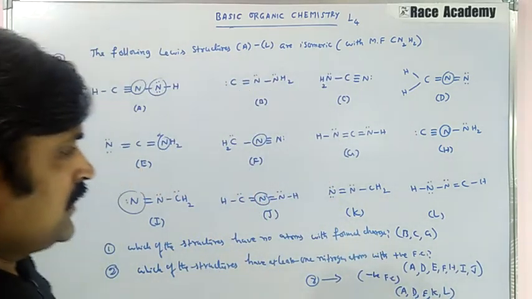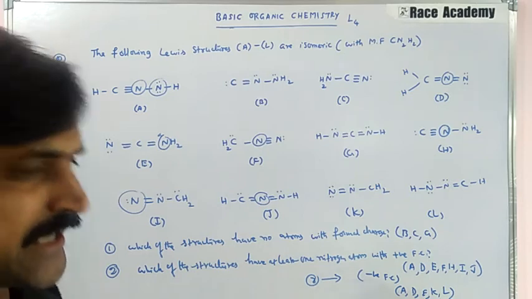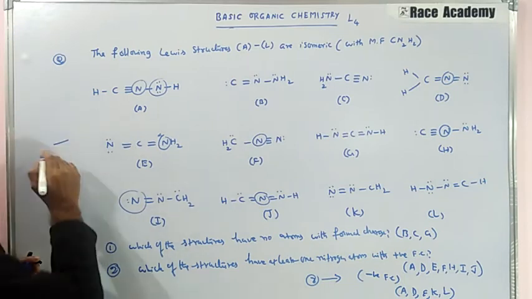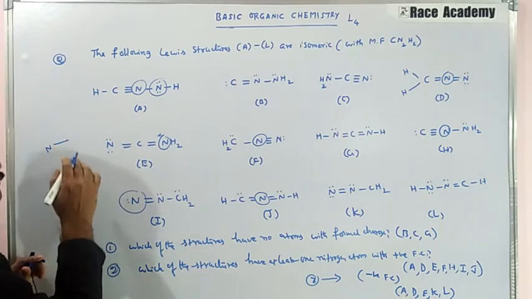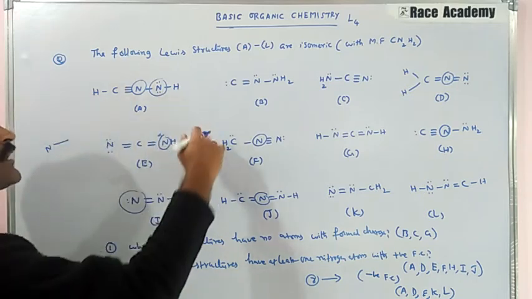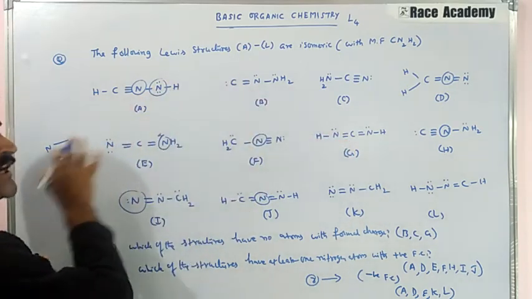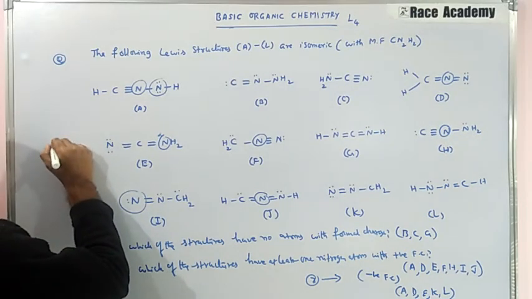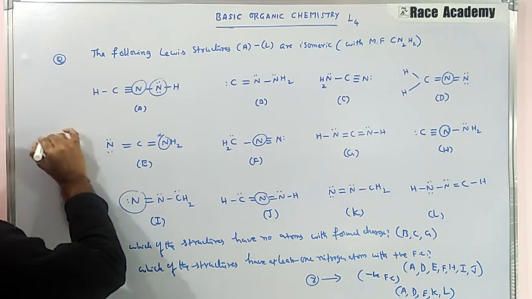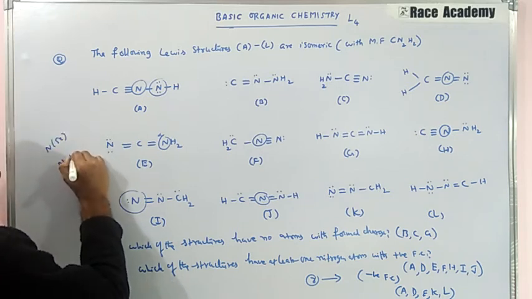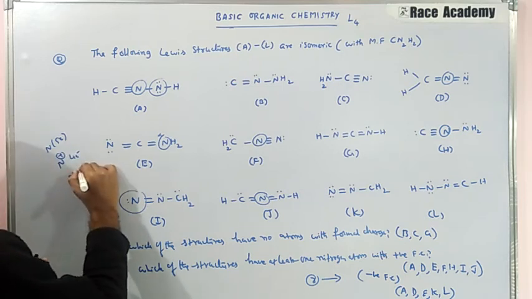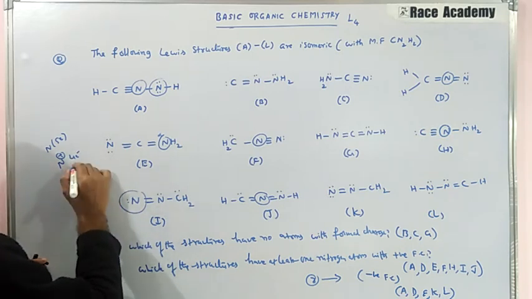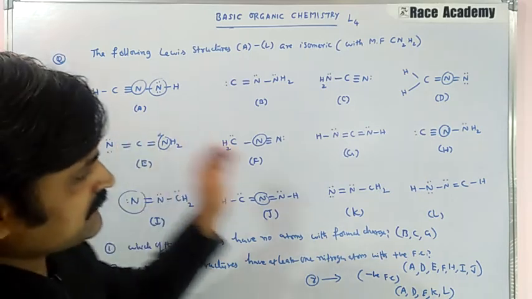So you have to see carefully the structure, and around that nitrogen, one bond means for that nitrogen only one electron. That nitrogen belongs to nitrogen, one electron will be there, and the other electron is the adjacent atom's shared electron. So one bond means one electron only will count. So if nitrogen is having 5 electrons around it, that is neutral. If nitrogen is having 4 electrons, that is positive. If nitrogen is having 6 electrons, that is negative. So this is the point we have observed.